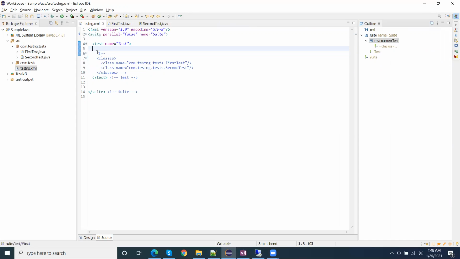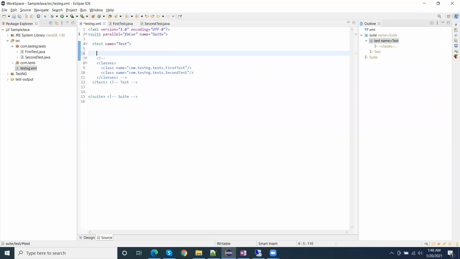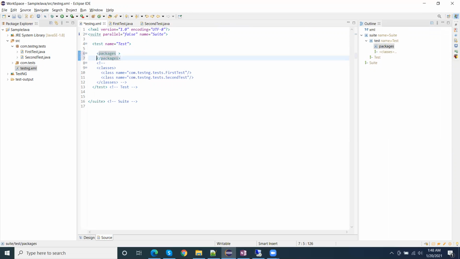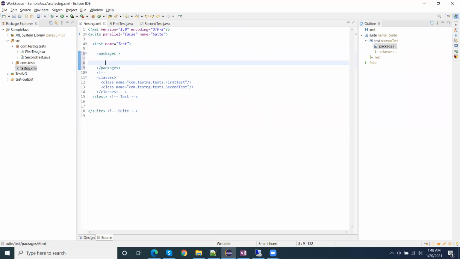So I just commented this. There is another way: we can call packages, and within packages I can include a package name equal to, where I need to give the package name. Currently this is the package name and I'm mentioning it here.